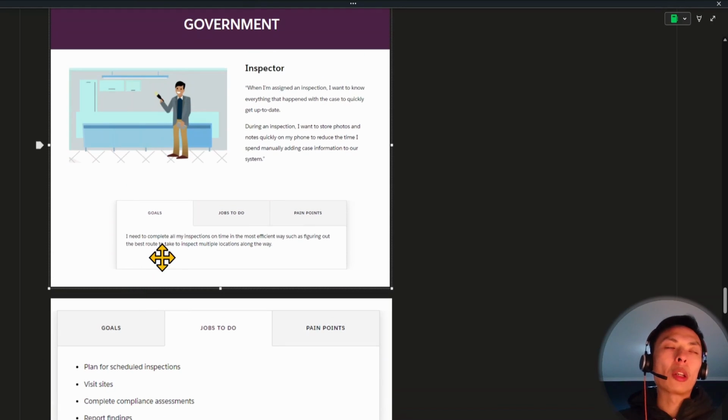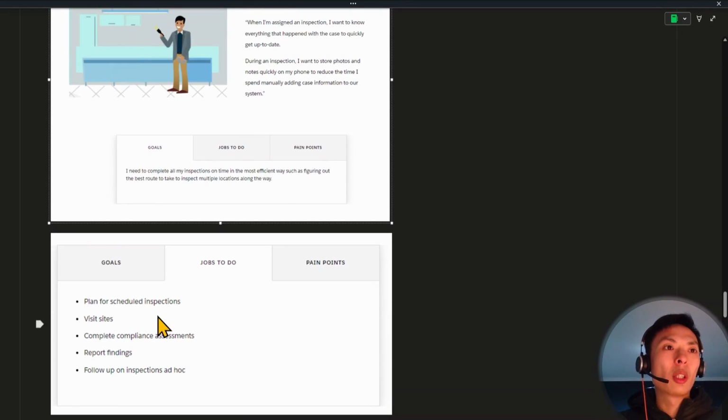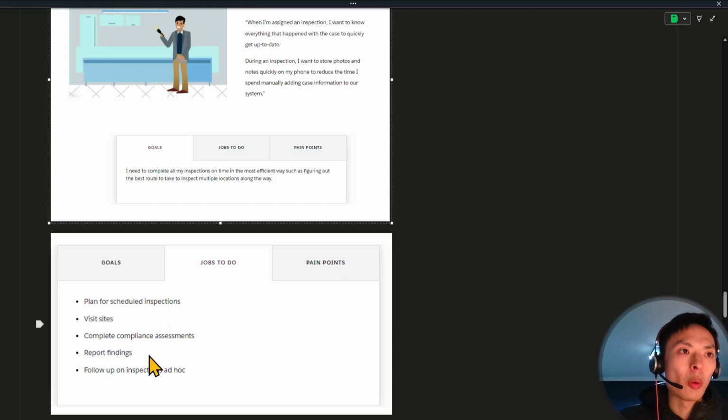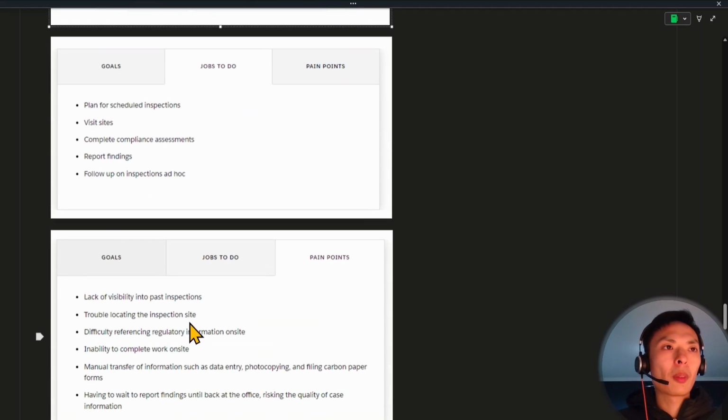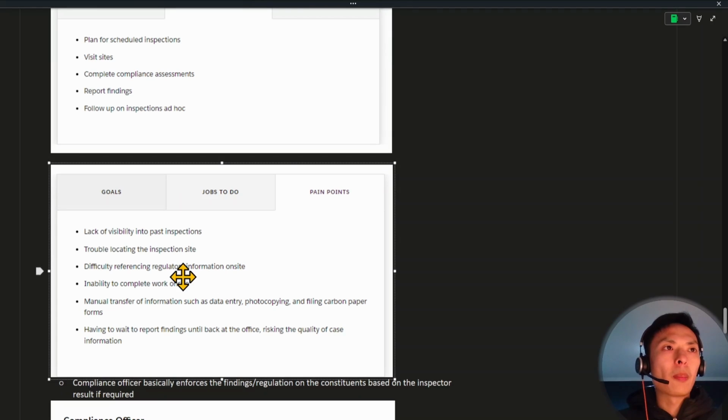And what they do as an inspector is they plan and schedule inspections, do site visits, complete compliance assessments, report findings, and follow up on inspections ad hoc. Some of the pain points: there's lack of visibility from their side into past inspections, so inspection history and records. They might have trouble locating the inspection site, difficulty referencing regulatory information on site, inability to complete work on site,